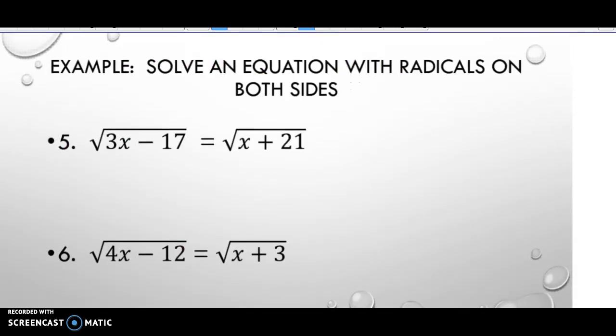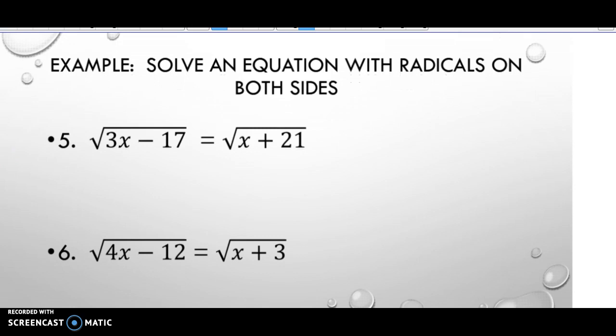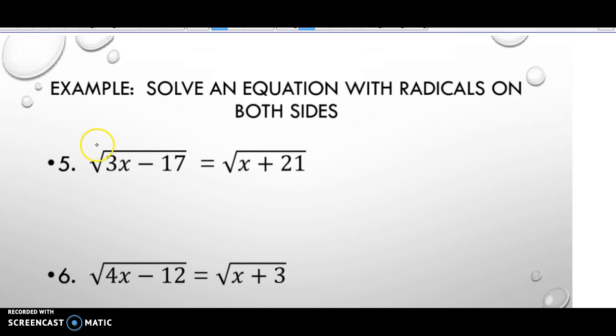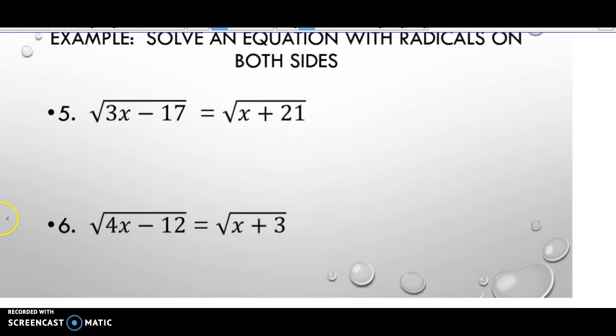Sometimes we're going to solve equations with radicals on both sides. When this is the case, I always need to get rid of my square root bars. I can do that. I can get rid of my radicals by squaring both sides, right? As long as I do the same thing to both sides, I'm good to go. So that gives me